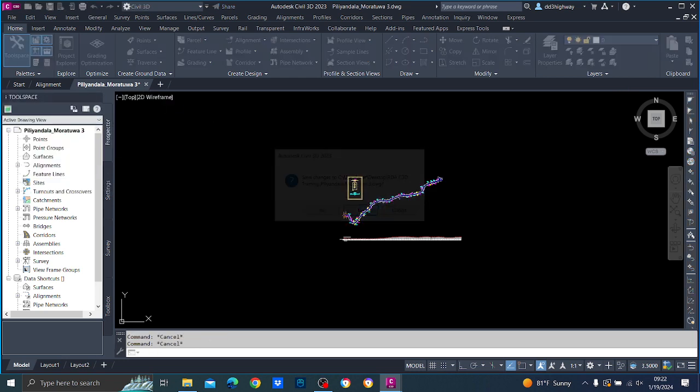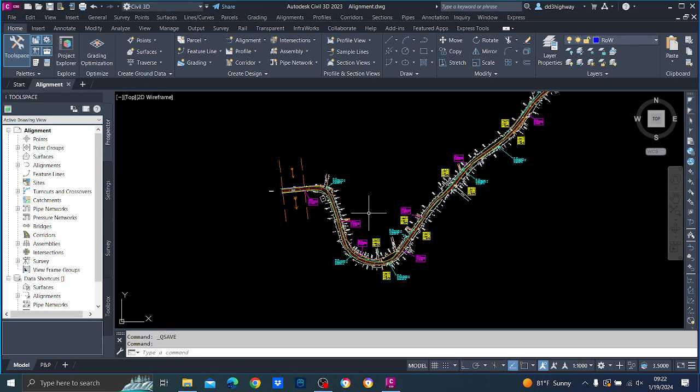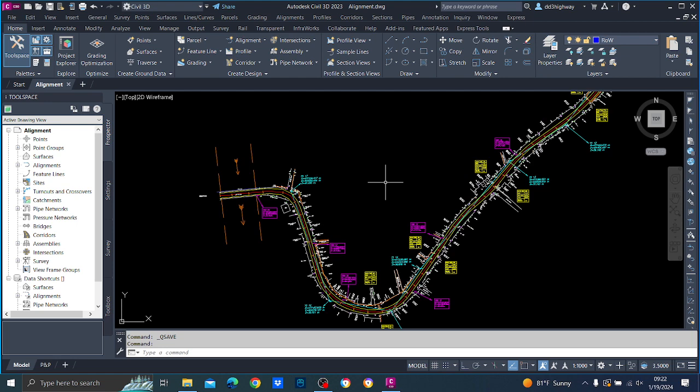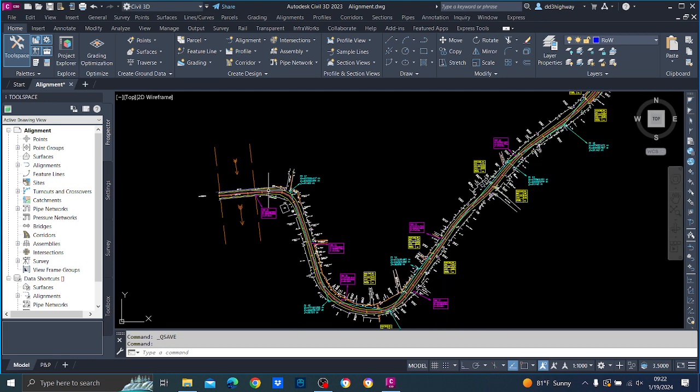Don't keep so many tabs open, because it's a big software and it tends to crash. So just keep open whatever you are working on for the time being, right? That's one thing that you have to understand, right? Then